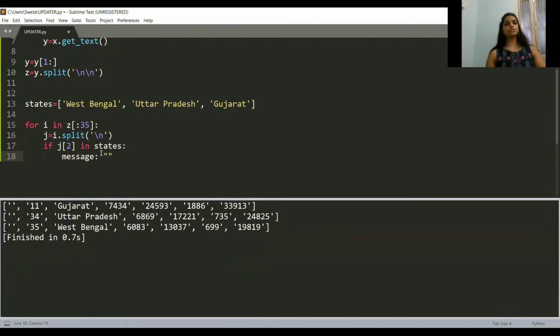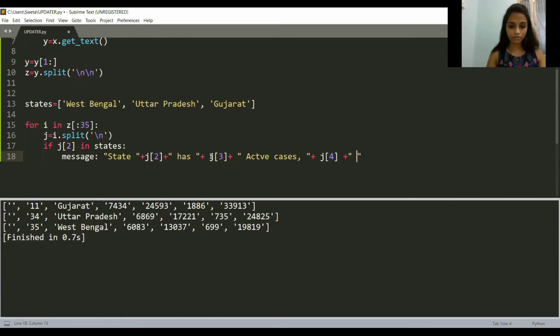What does this message say? Let's say state, then space, then name of the state, right? So for that, J2, state J2, then I have has J3 number of active cases here, active cases, comma, J4 number of cured, migrated or discharged cases.